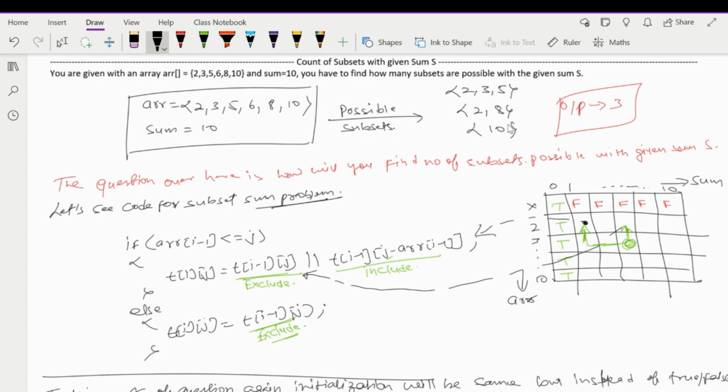Since we are finding the relations between previous questions like the knapsack problem, this is a variation of the subset problem, but basically it is a type of 0 1 knapsack problem also. So the question over here is how will you find the number of subsets with a given sum? If you see the previous code,